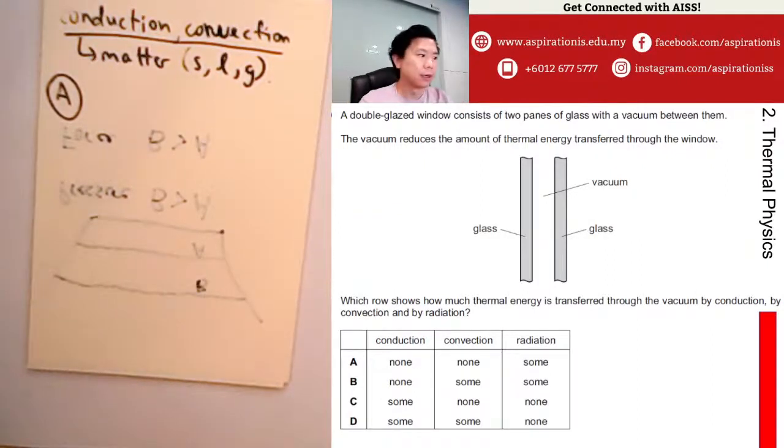So remember, conduction and convection need solid, liquid, gas particles in order to transfer the heat. But since it is vacuum, there will be no conduction and convection happening. Now, what radiation is that, guys? What is another name for thermal radiation? Can you put that in the chat?